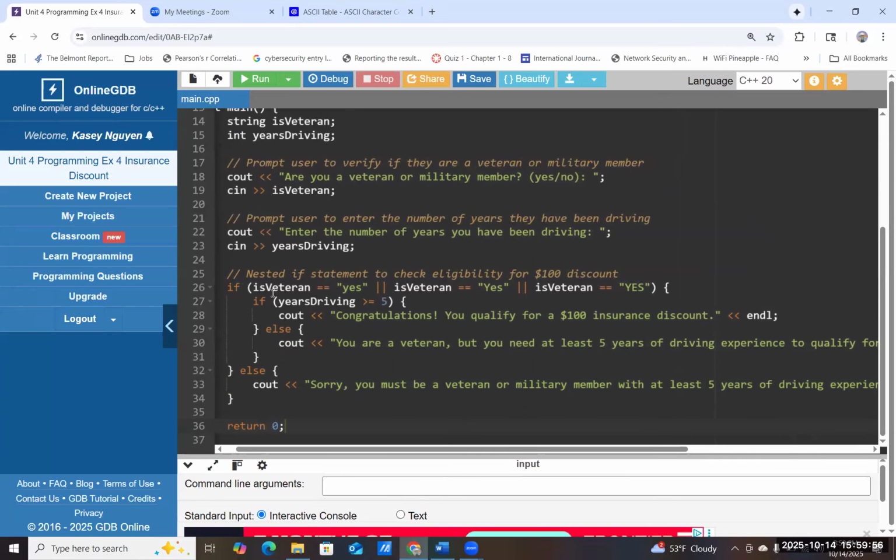So I would do if, right? They meet the veteran criteria, but they also need the years of driving. You can also solve this without having a nested if with the and operator. That would just be an if else statement. So we can condense this code by using an and operator. But anyway,